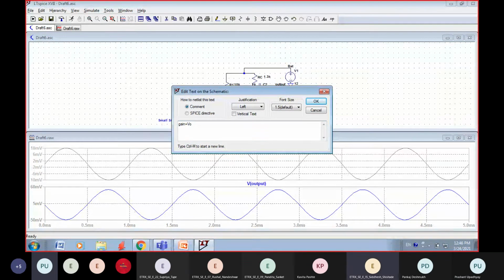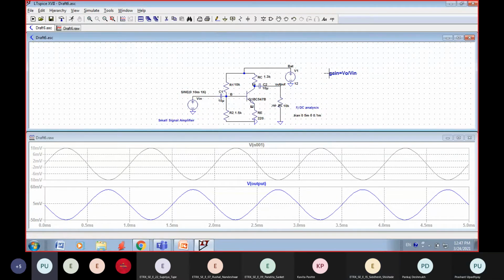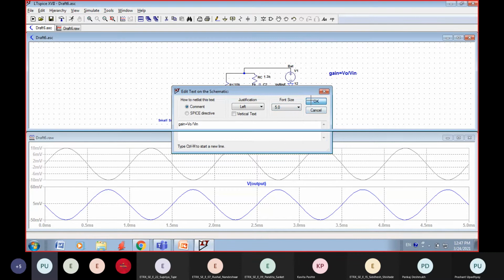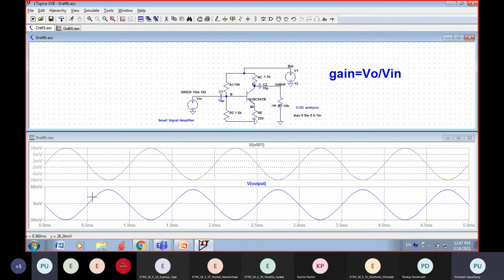VO upon VI, VO by VI. So gain is VO by VI. 60 upon 10, it's around 6 volt. Can anybody tell me how I can increase the gain?